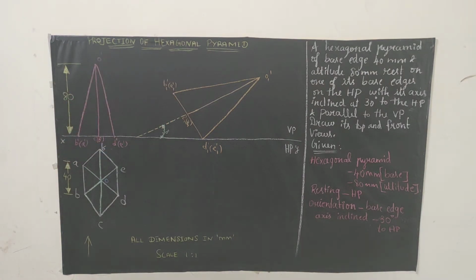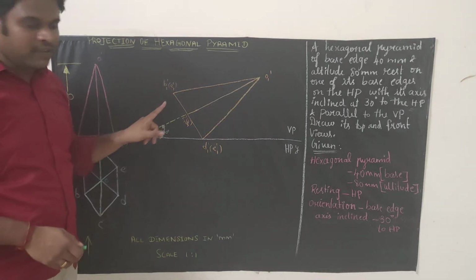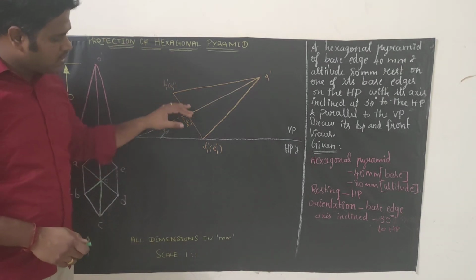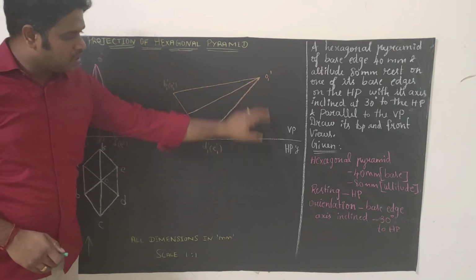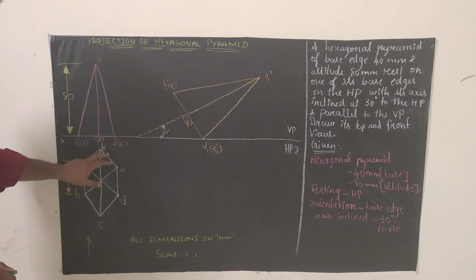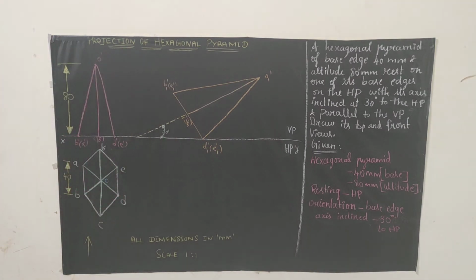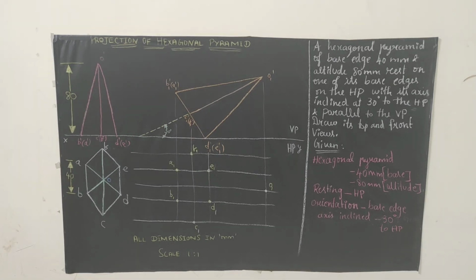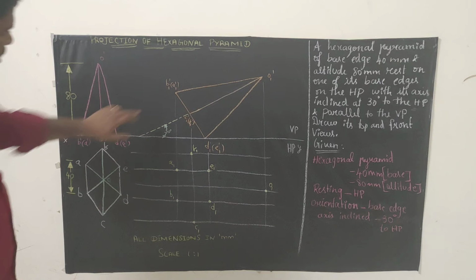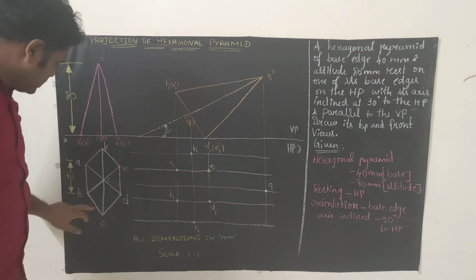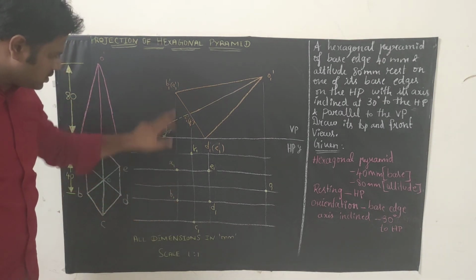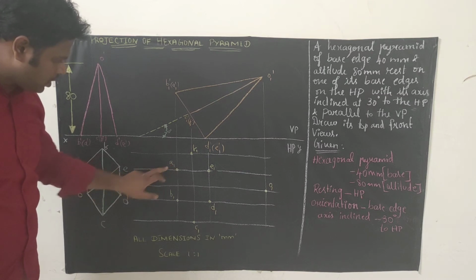Now the next step. See, we have 3 points, right? 1, 2, 3. Extend all the points vertically, and here also vertically, and here we will have 1, 2, 3, 4 points. Just extend it horizontally. So wherever these horizontal and vertical lines intersect, there we can easily plot the intersection points. So now we are going to plot here. See, this B and this B will intersect at this point. This A and this A will intersect at this point.